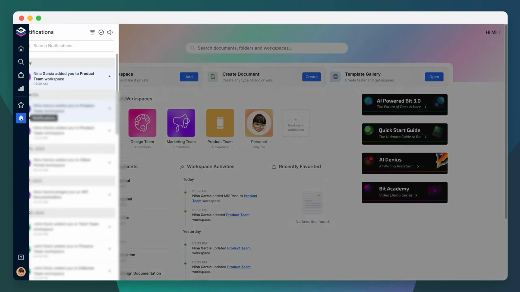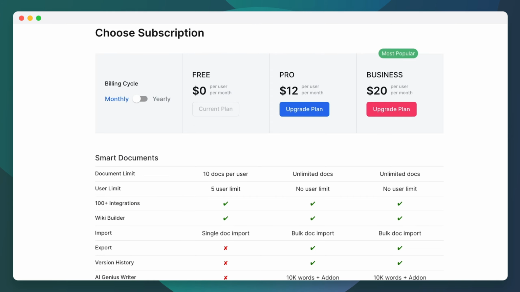Number 2, guest access. Do you need to share your documents and wikis via data room or client portal? Then you'll want to use guest access. It's a smart way to bring individuals outside of your organization into a workspace where you can grant them read-only or comment-only access. To do this, you'll need to be on the business plan, where you can invite up to